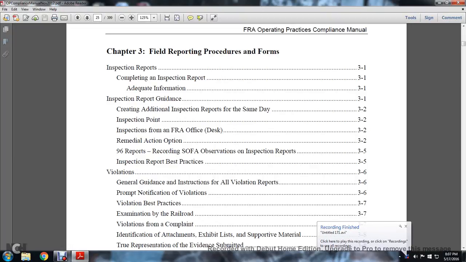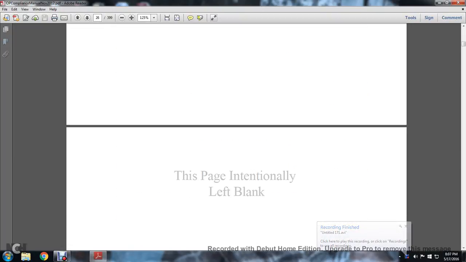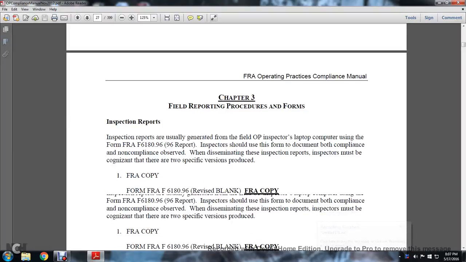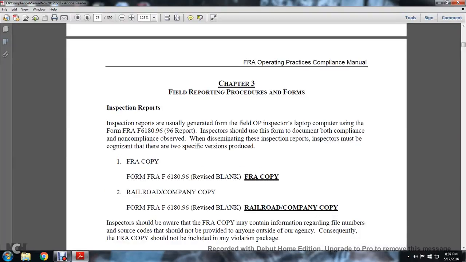Chapter 3: Field Reporting Procedures and Forms. Inspection Reports. Inspection reports are usually generated with the field operating practice inspector's laptop computer using the form FRA